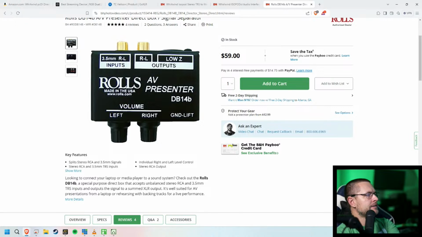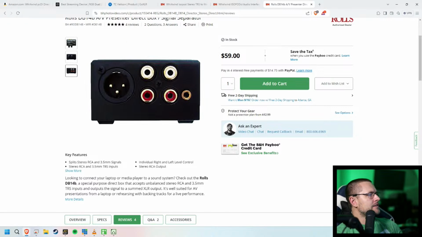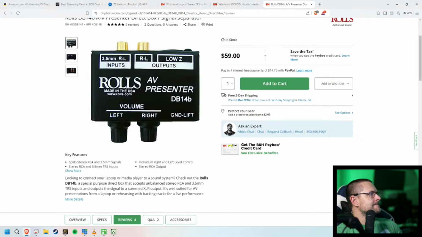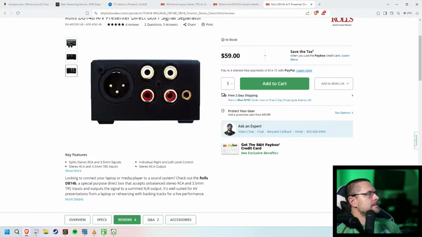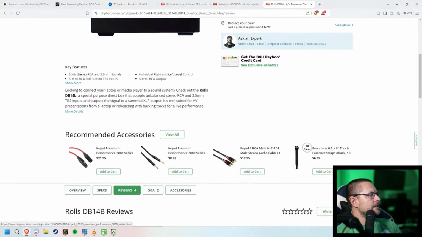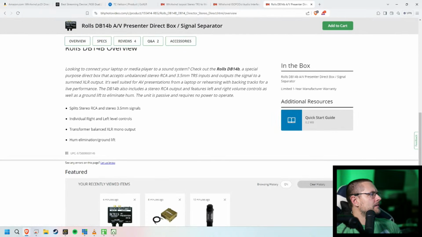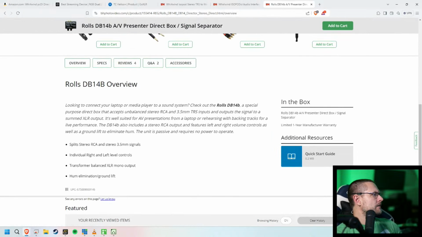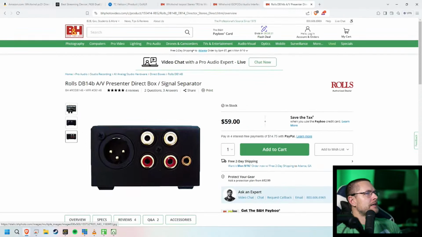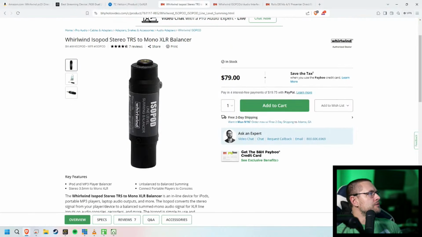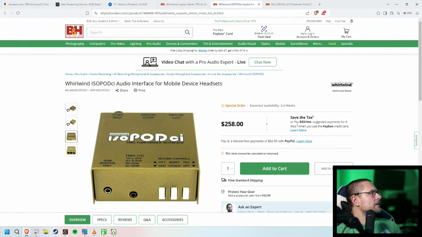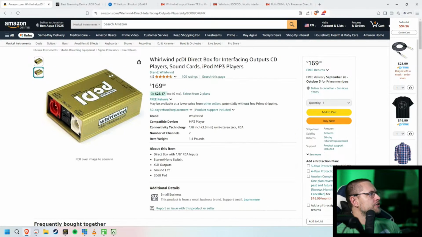It splits stereo signal. So can this do that? That's the question. Can you come in left-right and go out left-right XLR? Or does it sum it? Transform balanced for mono output. Okay, so you would not be able to do that with this one, whereas you could do that with this one. So you can come in